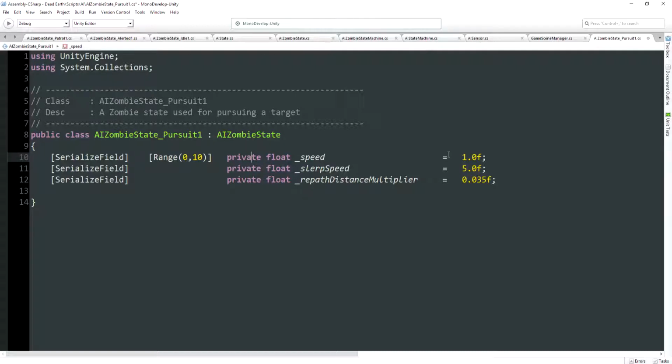Now, I found through trial and error that having a repath distance multiplier of about 0.035 is a pretty good starting point. It basically means that if the target is around 20 meters away from us, we're going to be recalculating a new path every 0.7 seconds. Obviously, as the distance increases, that becomes less. And as the distance draws closer, then we want to recalculate that path more frequently, but probably still not every